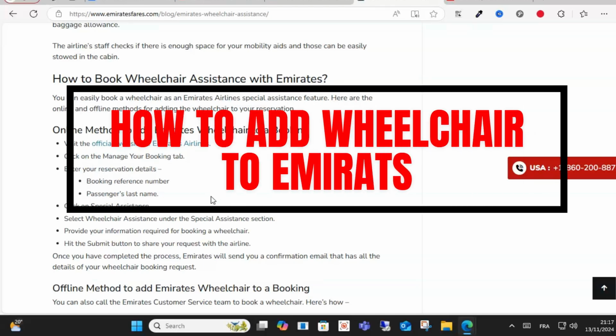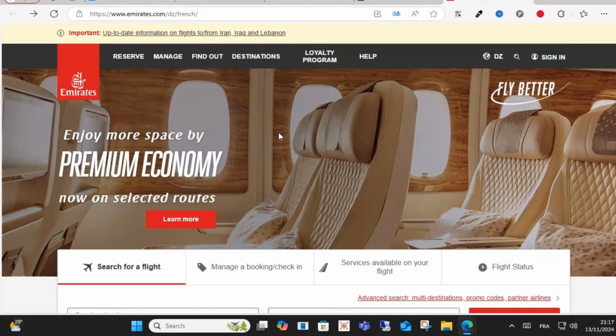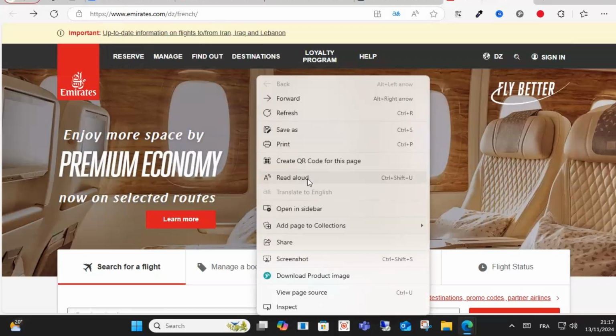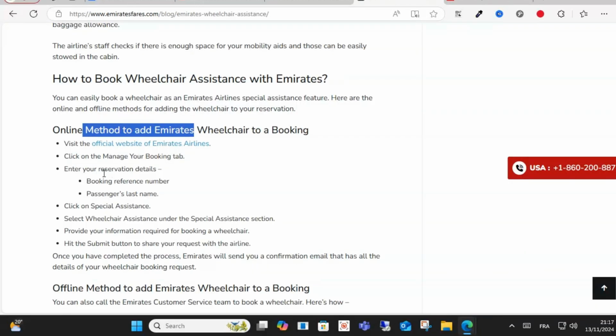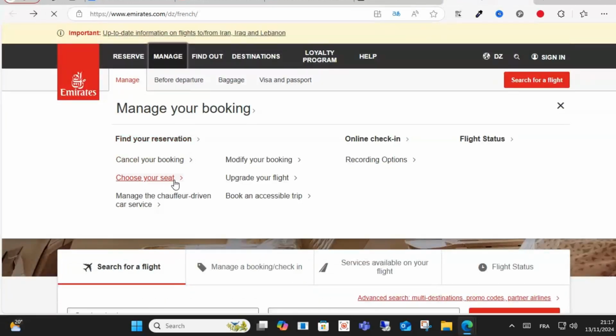Today I will show you how to add a wheelchair on Emirates. So guys, the first method is to visit the Emirates website, as you can see here on the screen. After that, go to your Manage Booking here and click on Choose your seat, as you can